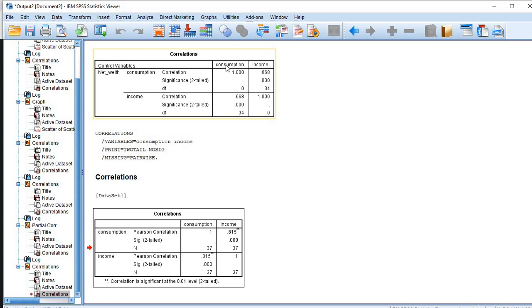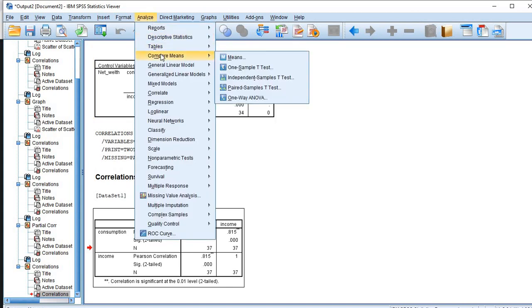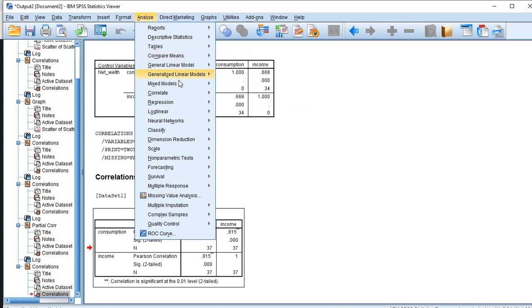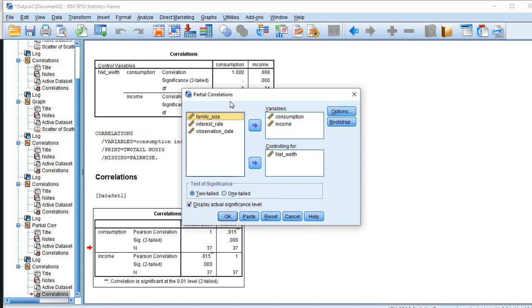Guys, is that clear? Is that message at home? So I think now we can do another one and have some members interpret that. Let me just do another. Correlate. Partial correlation. Okay, let's do